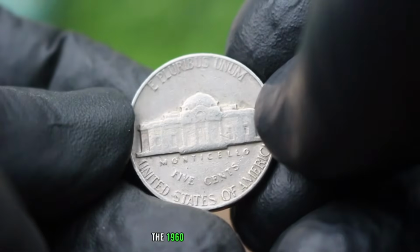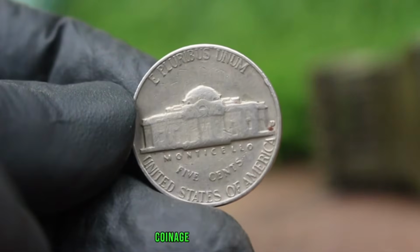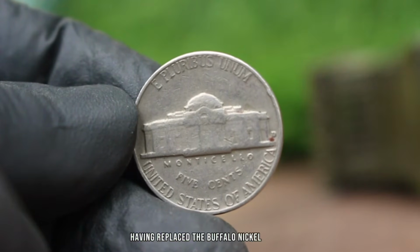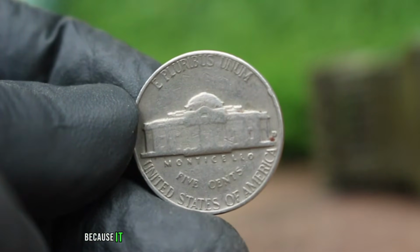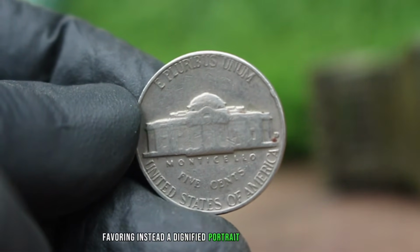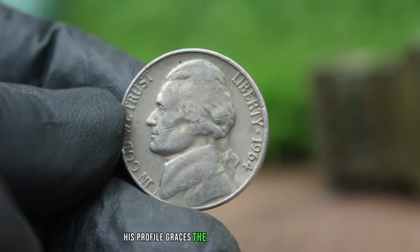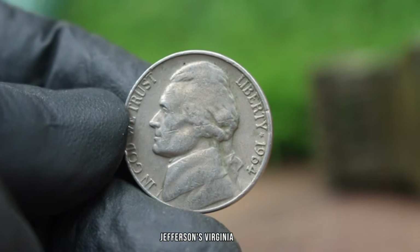The 1964 D Jefferson nickel sits at the crossroads of a fascinating moment in American coinage history. By this time, the Jefferson nickel had already been in circulation for over 3 decades, having replaced the Buffalo nickel in 1938. The design was revolutionary when first introduced because it marked a departure from the more ornate Buffalo image, favoring instead a dignified portrait of Thomas Jefferson, the third president of the United States and author of the Declaration of Independence. His profile graces the obverse side of the coin, while the reverse showcases Monticello, Jefferson's Virginia estate, iconic